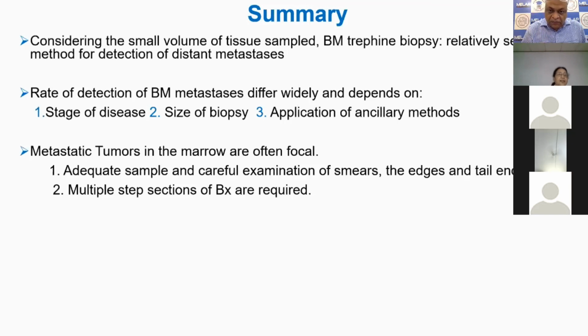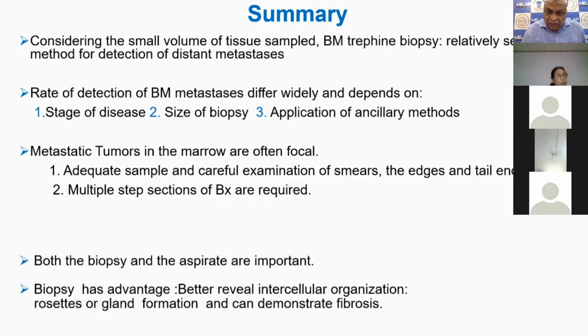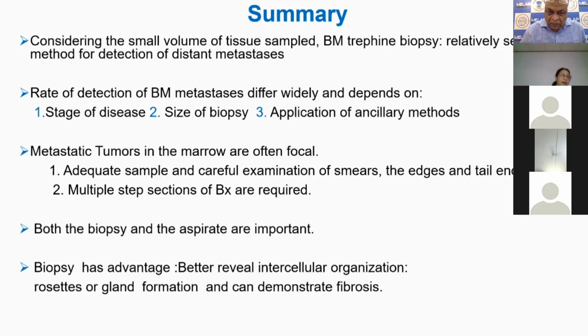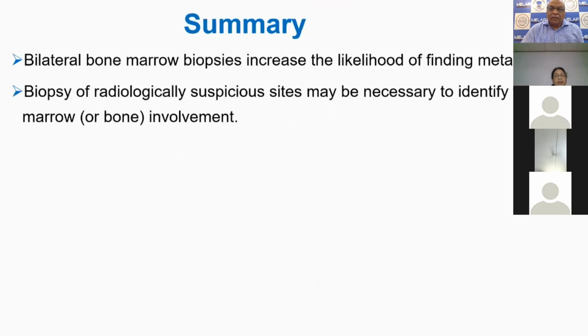Then in the bone marrow biopsy, multiple step sections should be taken to reach the diagnosis. Both aspiration and biopsy are important, although the biopsy has the advantage that it reveals better intercellular organization like rosette or gland formation, and it may also demonstrate fibrosis. If we do bilateral biopsies,